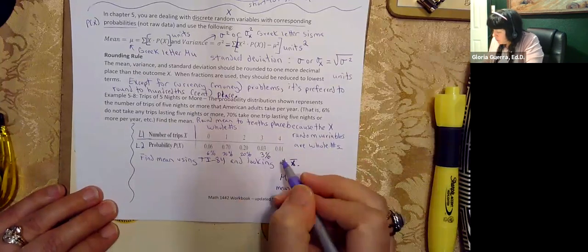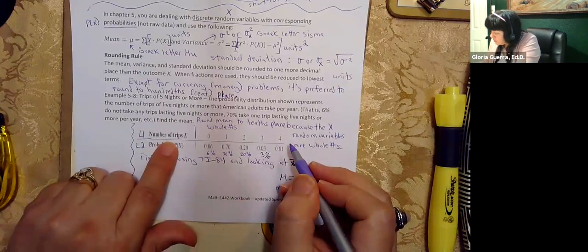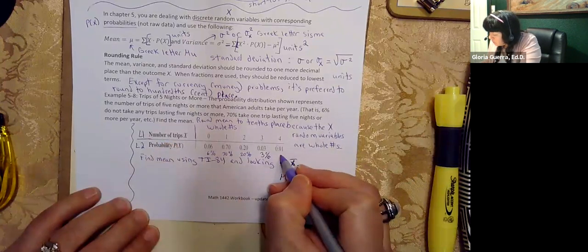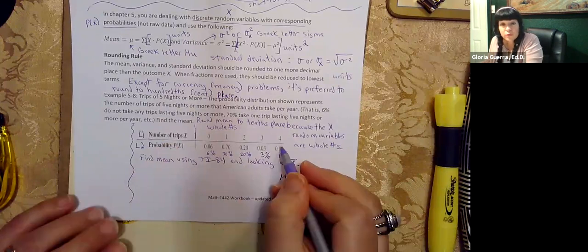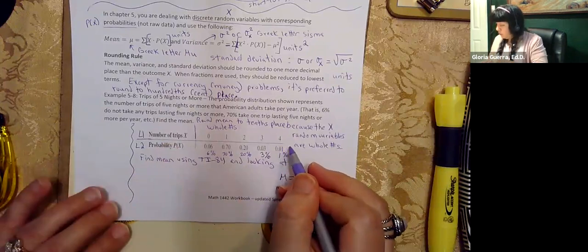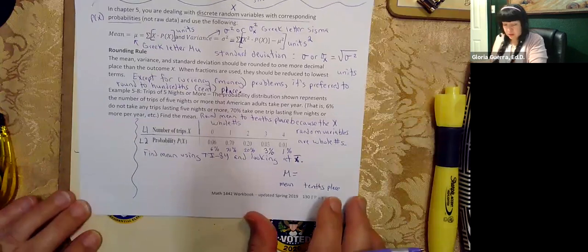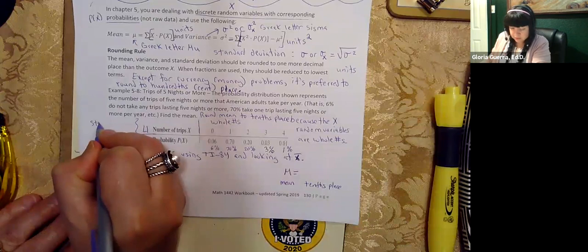So 3% take 3 trips. Number of trips, they take 3 trips lasting 5 nights or more. And then only 1% took 4 trips where they last that long, 5 nights or more. So in the calculator, you're going to use stat